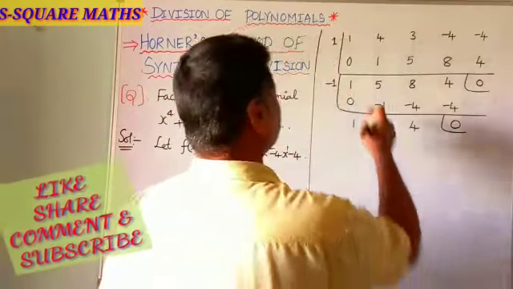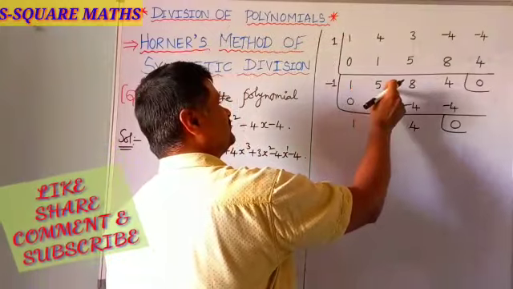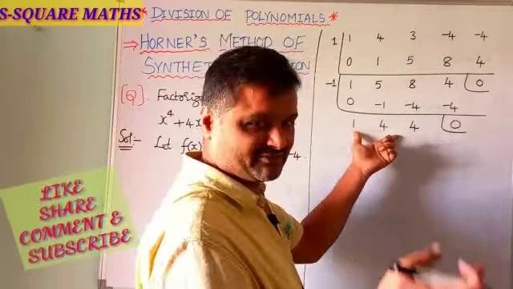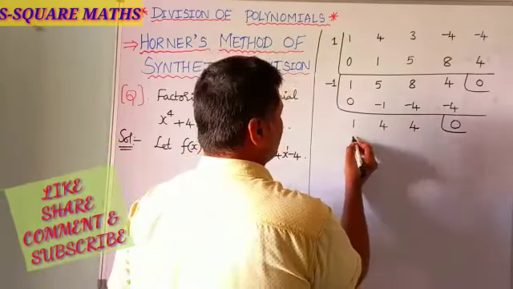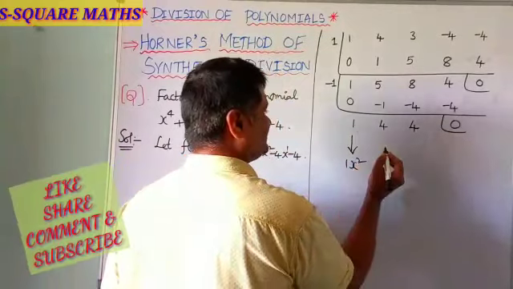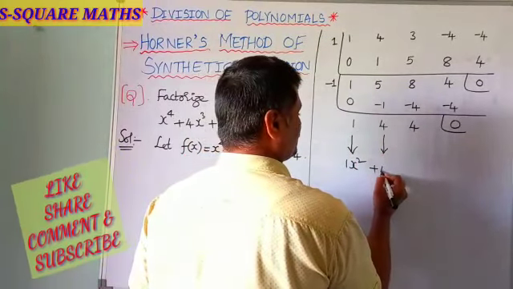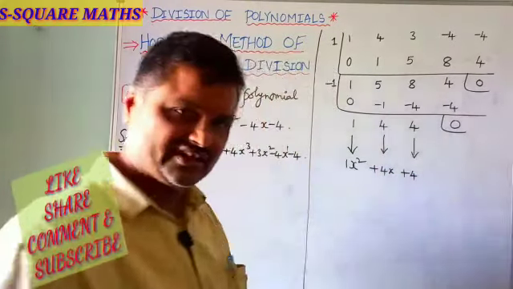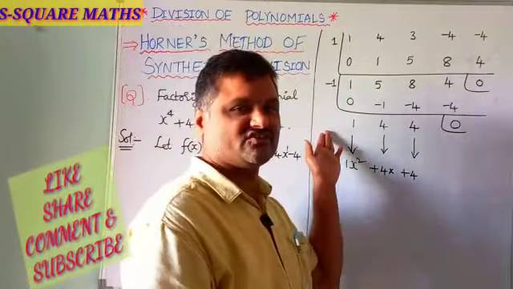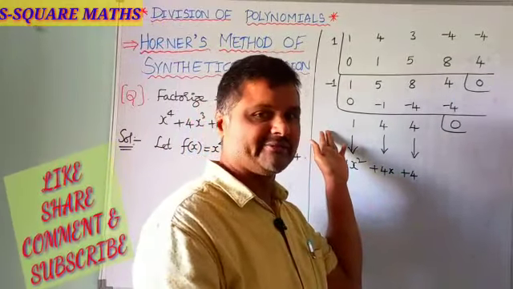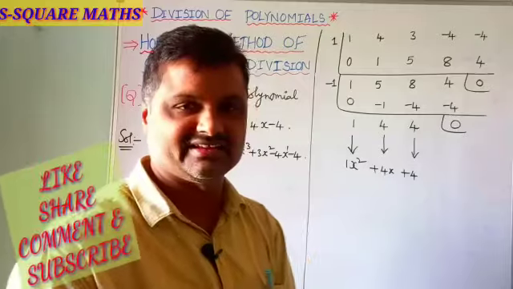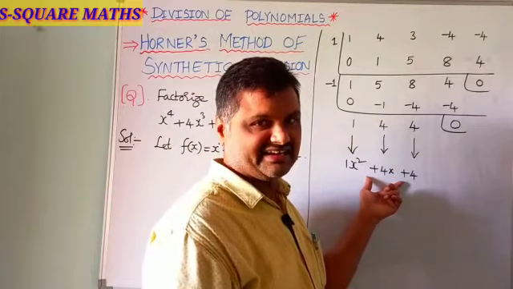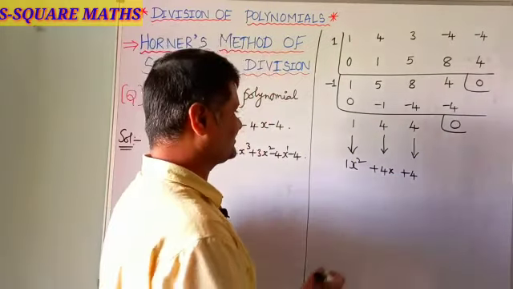So, here in the first case, the 4th degree polynomial, the quotient of f of x, has been reduced to a 3rd degree, x cube plus 5x square plus 8x plus 4. Now it has been reduced to 2nd degree. So, I have to consider now x square plus 4x plus 4. Still you can continue, no problem, by taking plus 1, minus 1, plus 2, minus 3 or 5 by 2 or minus 5 by 6, etc. You can take any other values.